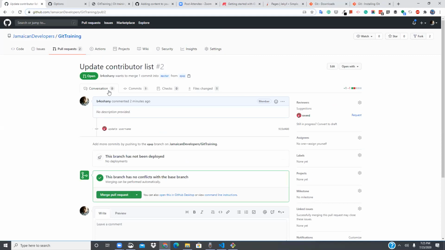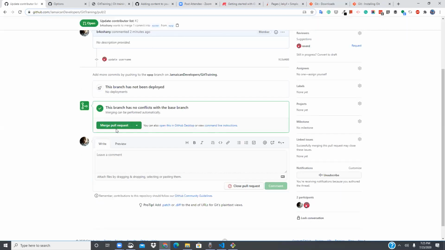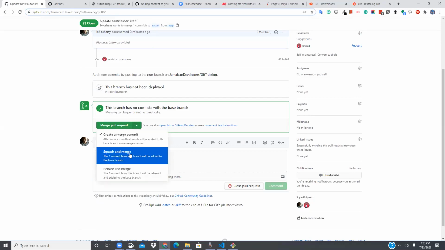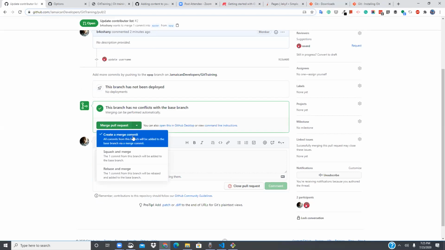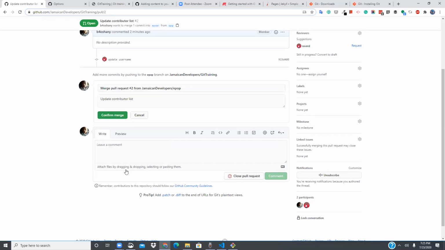So we know that the pull request that I did just now is based on what master currently is, so there's no conflict. So I'm just going to click merge. But before I do it, you notice that there's a toggle here. If I click this, you notice squash and merge, rebase and merge, or create a merge commit. So if I click a merge commit,